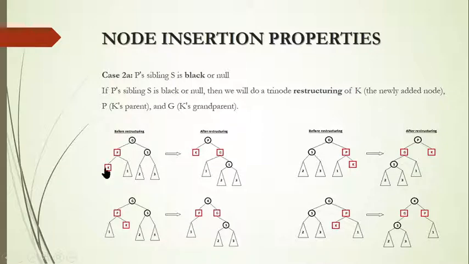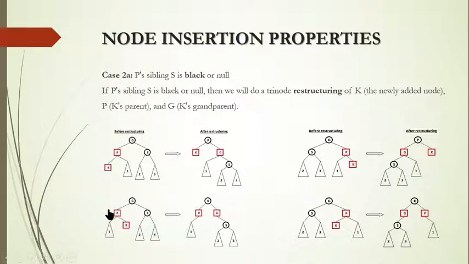Here you can see everything on the left side. Here you can see the parent is on the left and the child is on the right side. So if it is left-right, we make a double rotation. First we make a left rotation over here, K will come up, P goes down, and then we make a right rotation. That means K will go to the top, P comes to the left, and G goes to the right. You can see here after making the double rotation, left-right.